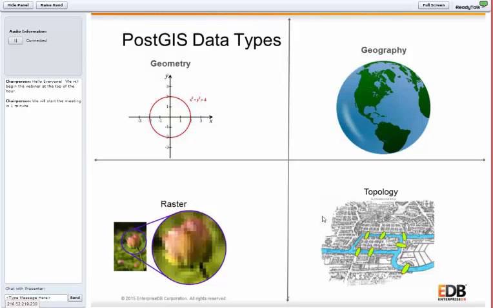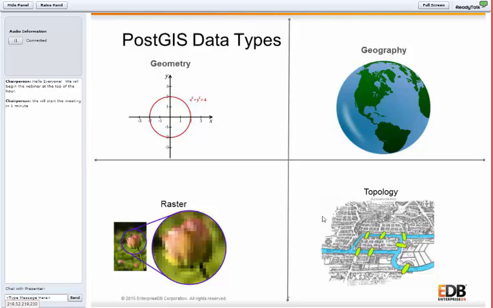With the geography type, data is treated like it's an ellipsoid. Multinational corporations and government agencies, especially defense and intelligence agencies that have global data that covers the poles and crosses state lines, normally use the geography type.